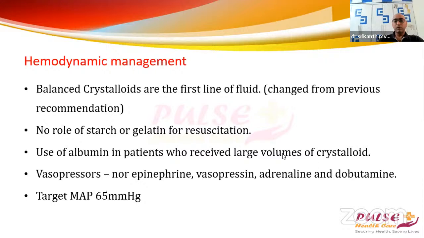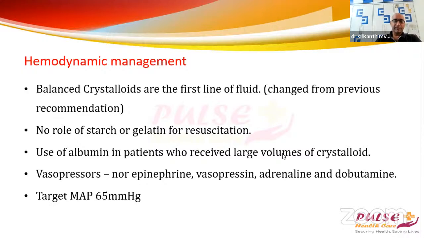And the whole purpose of this fluid management is to maintain a target MAP of 65 millimeters of mercury. There have been studies which have targeted a higher MAP of around 75 or 85, but they have not shown any substantial benefit over a MAP of 65 millimeters of mercury. Targeting a higher MAP requires higher volumes of fluid and vasopressors, but in the absence of any benefit, MAP